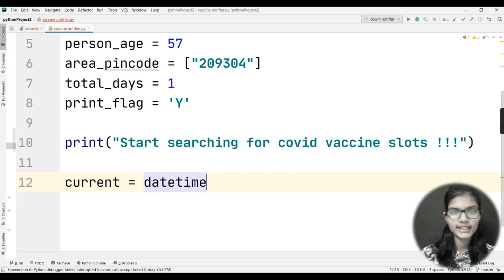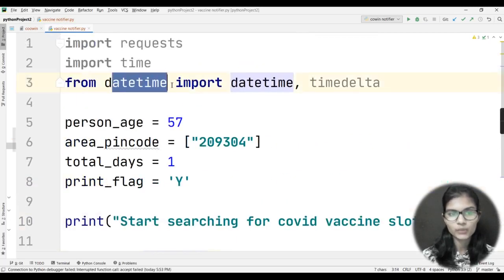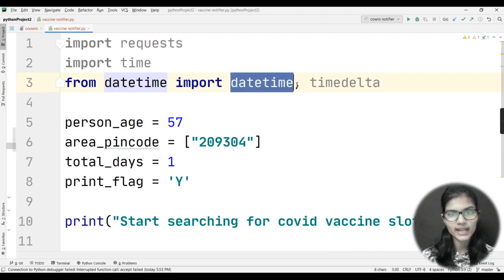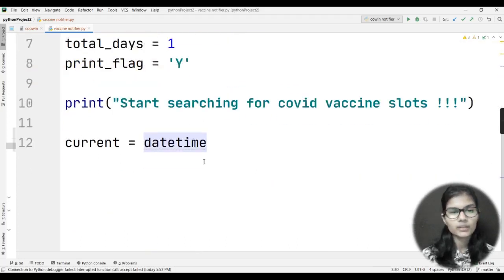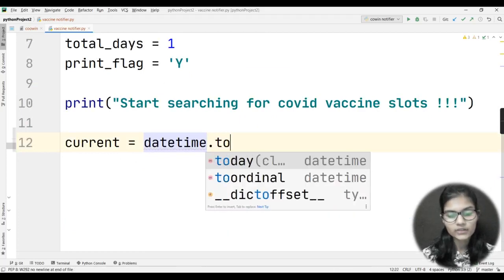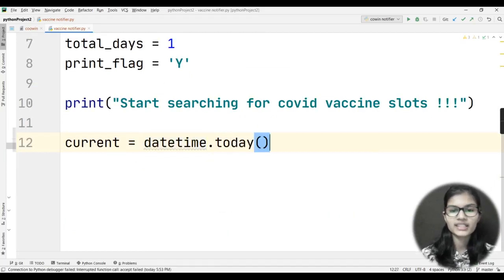I would write datetime here. Datetime is one of the functions that I have imported from this datetime module. Now you got why I have used it, right? So here I'll be writing current is equal to datetime, put a dot here, and use my today function. Basically it will give me today's date and time, whatever it is right now. Okay, just come down here.